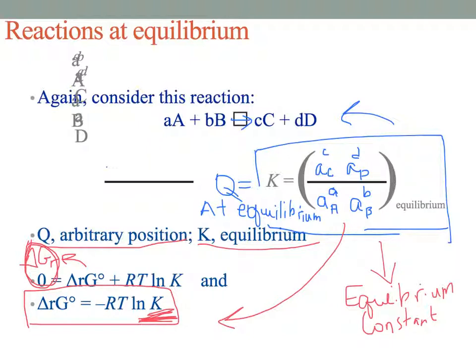When we set that value equal to 0, we can now solve for the standard reaction Gibbs energy if we know the equilibrium constant. If we know the standard reaction Gibbs energy, we can solve for the equilibrium constant. So those are the three takeaways from